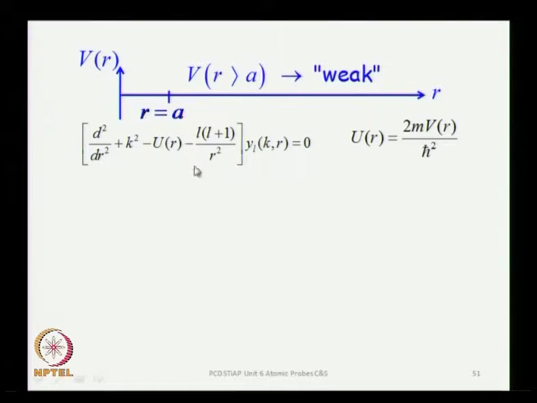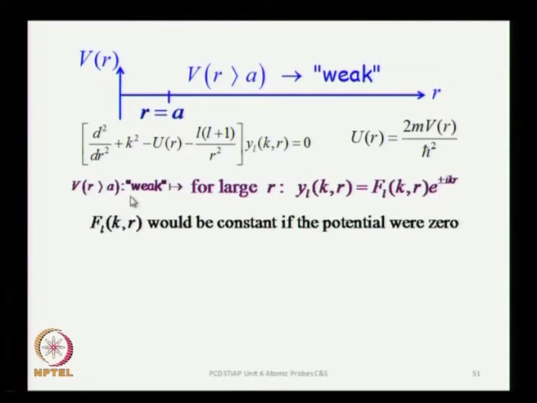So, this is the form of the differential equation that y must satisfy, and assuming that this potential is weak, and we will define what is meant by weakness, the solution will be given by this exponential function multiplied by some other r dependent function, which is represented here by capital F. If this potential was weak enough, so weak that you can pretend that it is simply not there, it is 0,